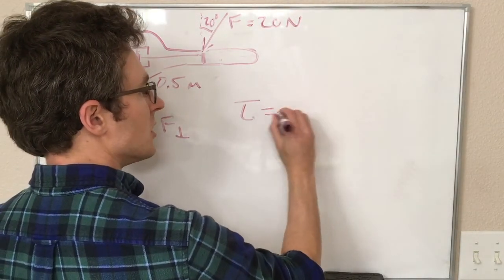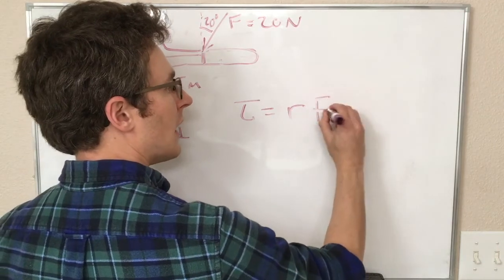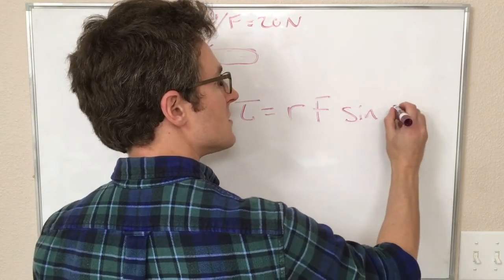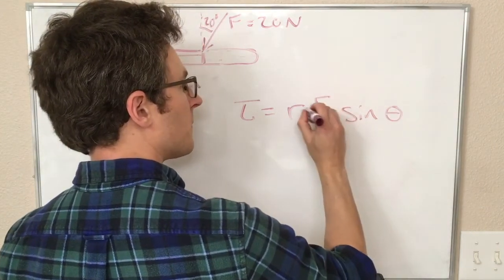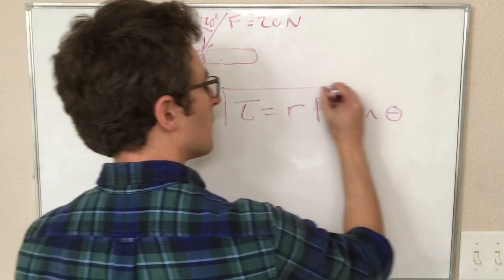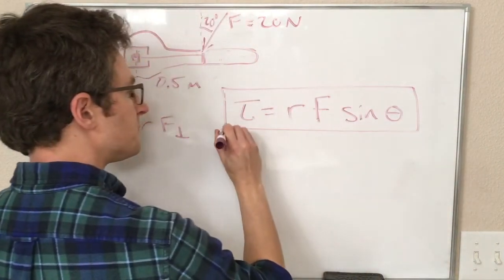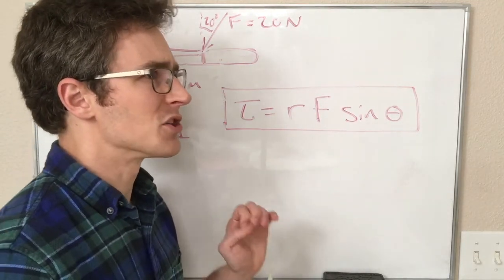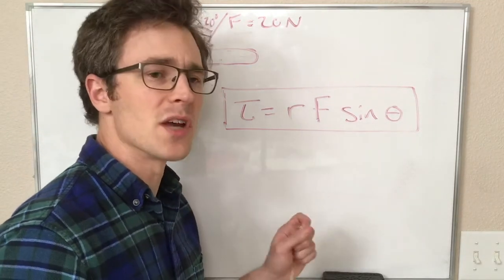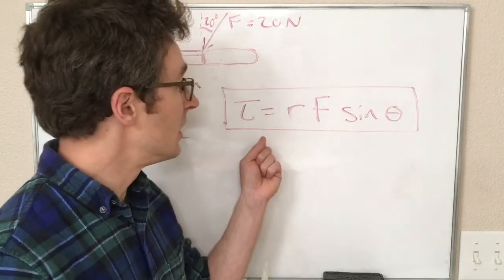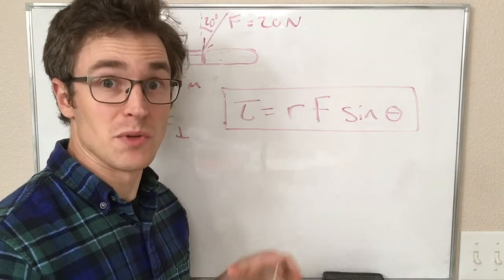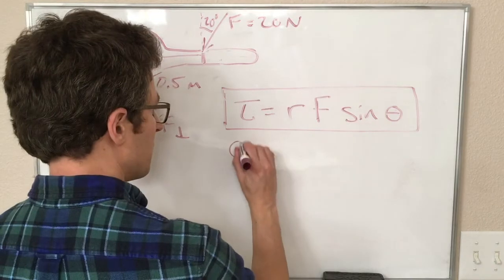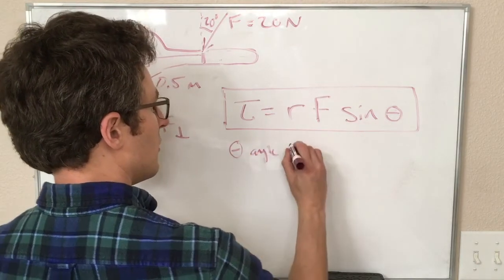Our torque is also equal to R F sine theta, where, and this is very important, just like how in our work equation theta meant something very specific in F D cosine theta, in this torque equation, theta also means something very specific. So here, theta has to be the angle